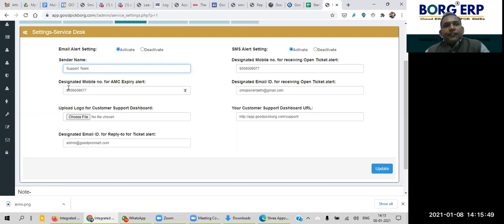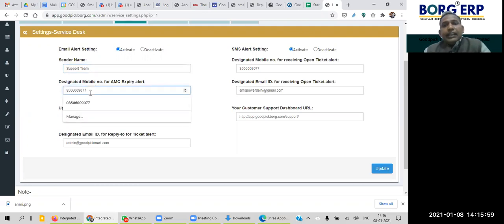Second one is the designated mobile number for AMC expiry. Here it means if any AMC, annual maintenance contract, is going to expire, it will notify the customers 15 days before the expiry of that contract, thrice or four times.